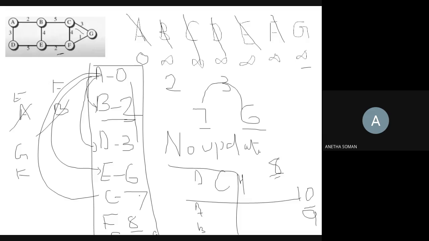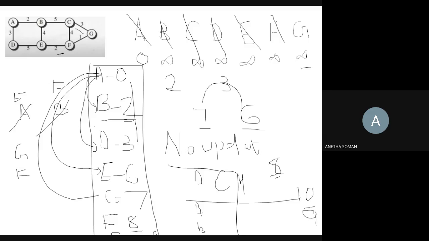This you can call the tentative list. Actually, this one, now you are making it the permanent list. The idea is the tentative list should be empty, and all the nodes should become part of the permanent list. Okay, and that is the least cost path, or the tree, for node A.